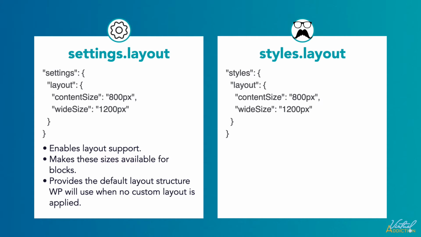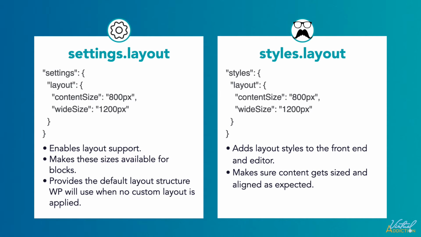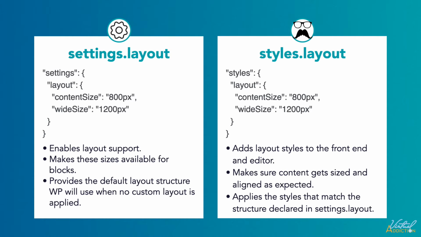Styles.layout defines the visual default styling for layout on the front end and in the editor. It applies the actual CSS values to our theme's layout. The purpose is that it adds layout styles to the front end and editor. It makes sure content gets sized and aligned as expected, and it applies the styles that match the structure declared